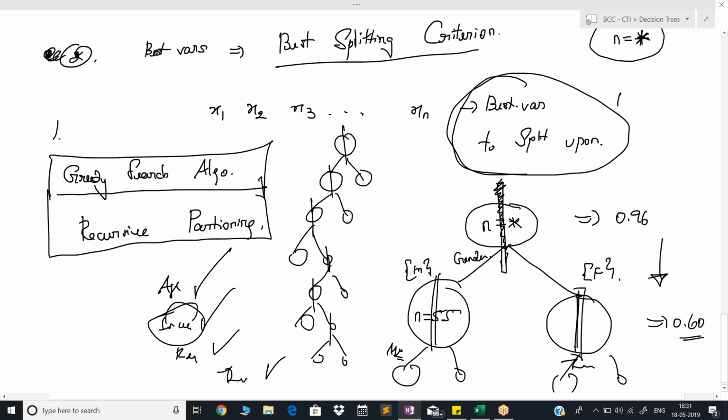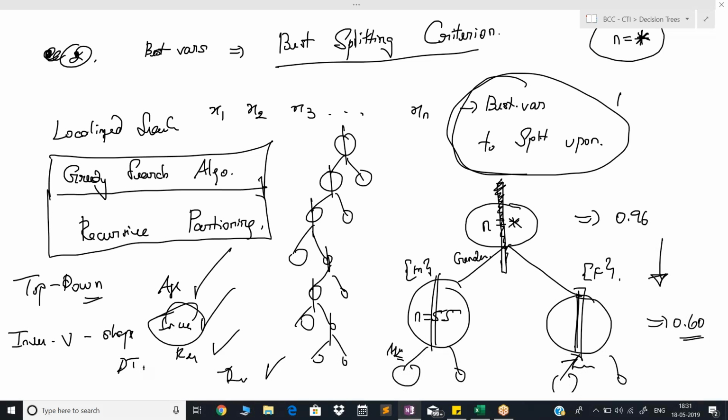It's a localized search. It's doing a localized search. It's a greedy search. It's a recursive partitioning algorithm. It has a top-down approach, right? From the top, it keeps dividing into small pieces. It's creating an inverted V-shaped decision tree. These are different keywords you need to keep in your mind. Hunt's algorithm is a greedy search algorithm doing a localized search. It's a recursive partitioning algorithm